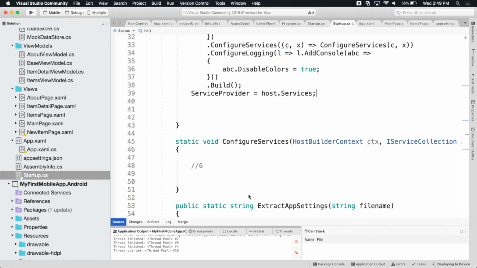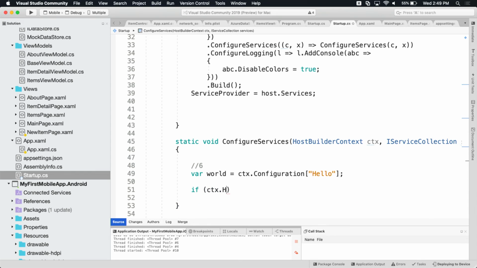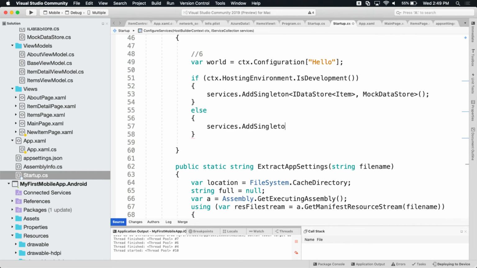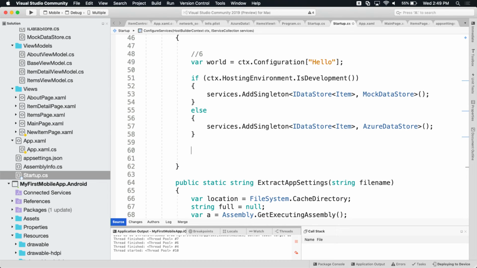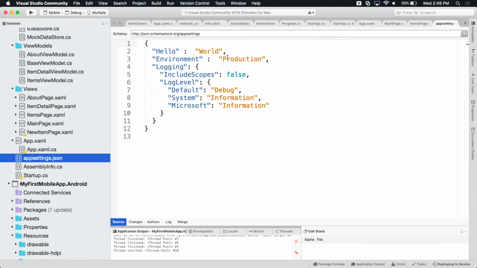But where it becomes super powerful is this gives you a gateway into all of the Microsoft.Extensions stuff. For example, you can access the configuration in here as part of this context, the same as in your ASP.NET Core application. You have hosting environments, so you can tell whether you're in development or not development based upon a config setting that you can flow through your application. So in here, he's saying if I'm in dev, use a pretend one. If I'm anywhere else, use Azure Data. And you saw earlier in his app settings config file that right now he's just always saying he's in production.